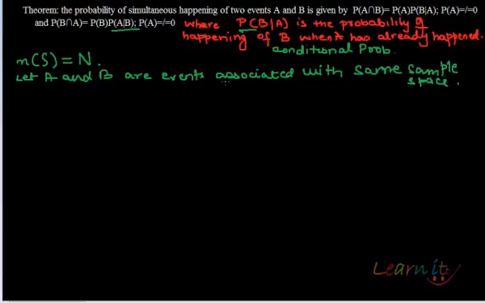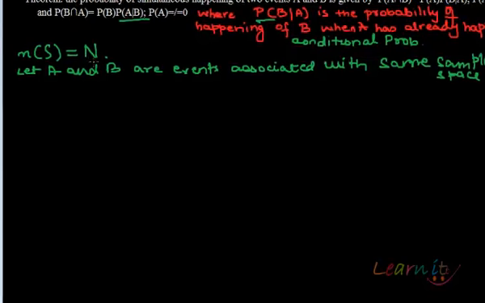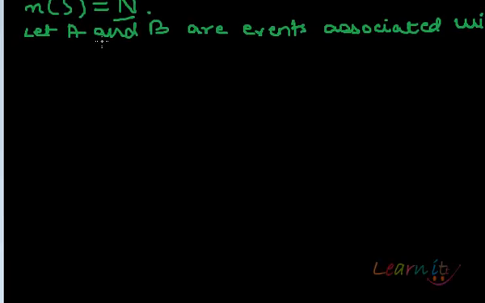Then, in that case, your sample space S of a random experiment with an exhaustive number of outcomes is N. Now, by definition,